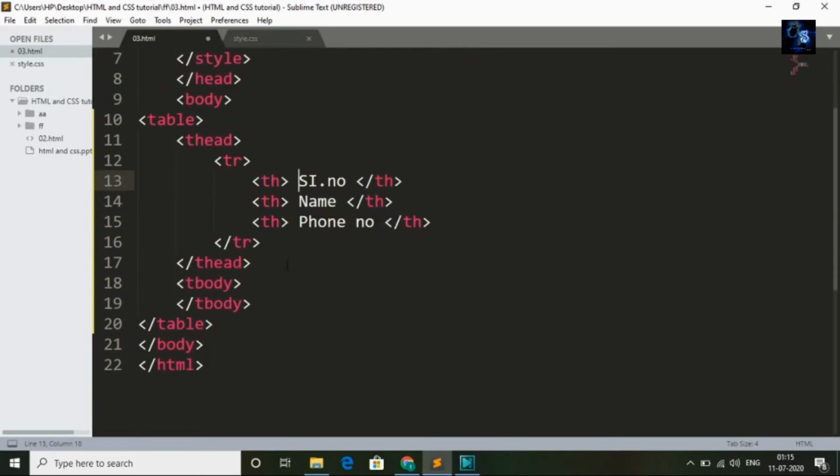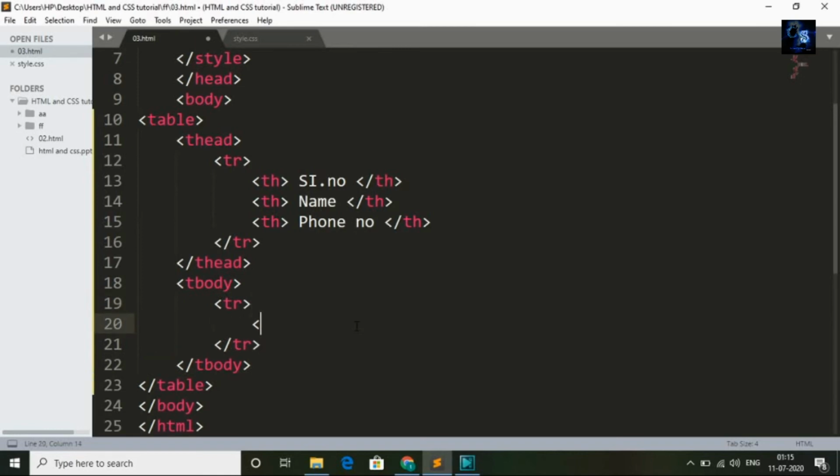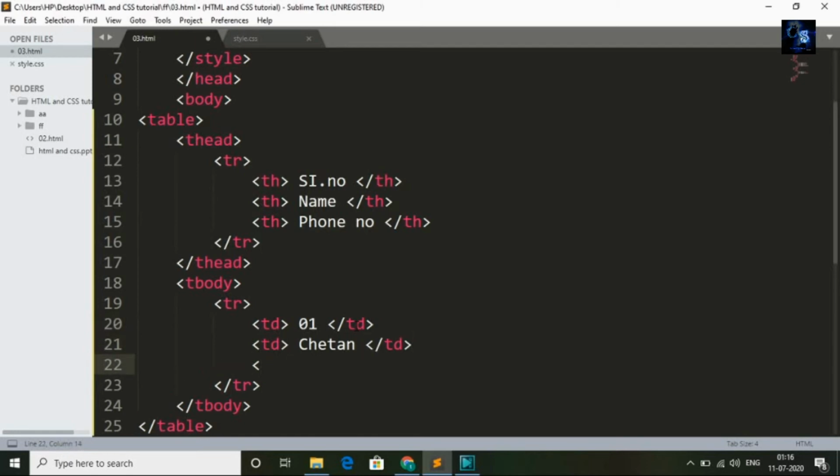Now I will add elements. I will go inside tbody tag and I will use tr tag to add row elements, and inside tr tag I will use td tag, table data. I will add serial number 1, closing tag, and the name Chetan, and closing tag, and phone number 1432, my favorite number.